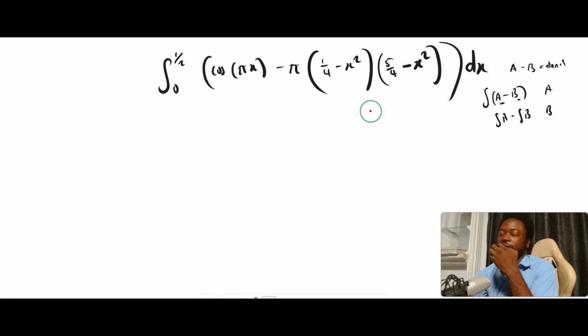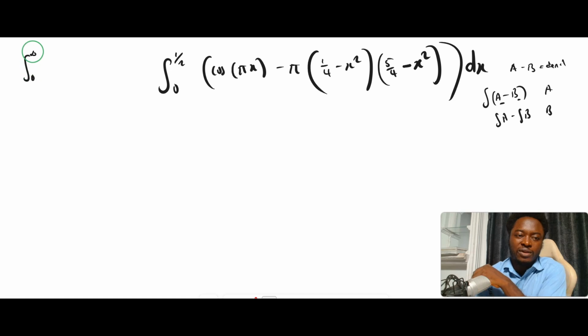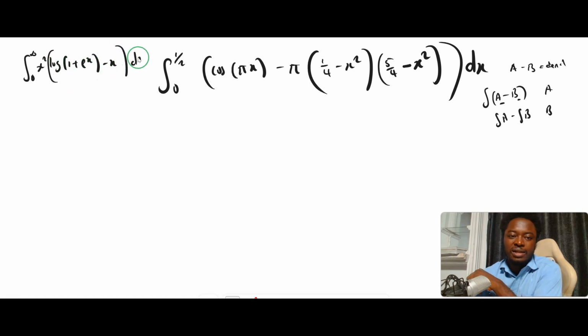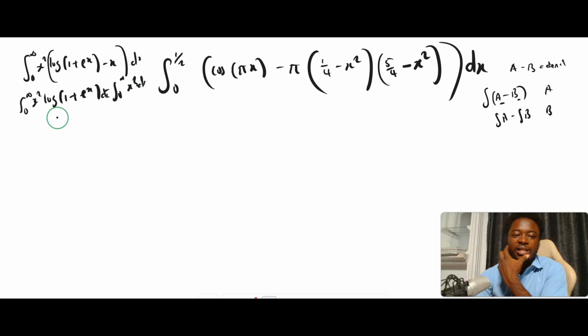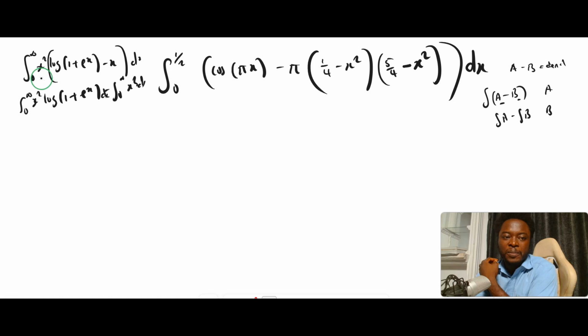For example, the one we worked on this channel some hours ago, the integral from 0 to infinity of x squared logarithm of 1 plus e to the x minus x. I insisted that we cannot separate, because if we separate, we'll have the integral from 0 to infinity of x squared logarithm of 1 plus e to the x minus the integral from 0 to infinity of x cubed dx. In this case, each of the integrals diverge, even though combined they do converge. But in this case now, we don't have to worry about such things,